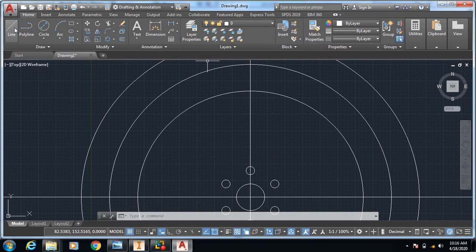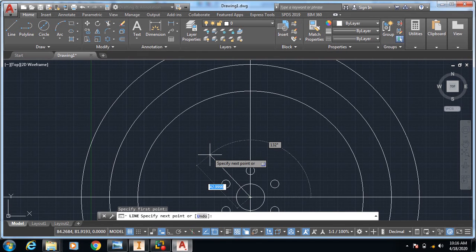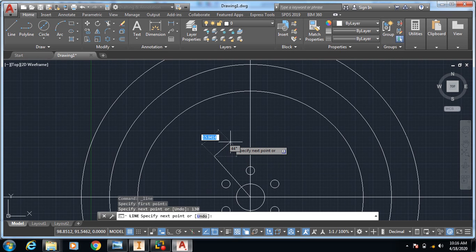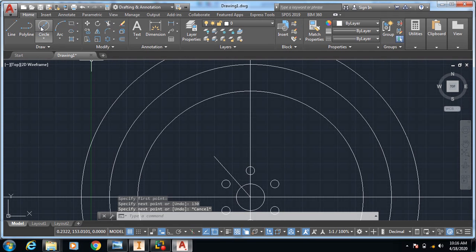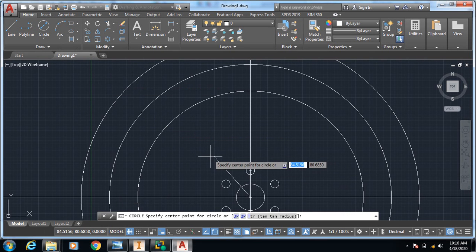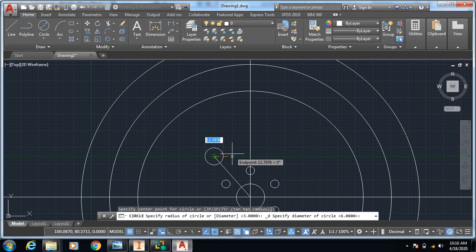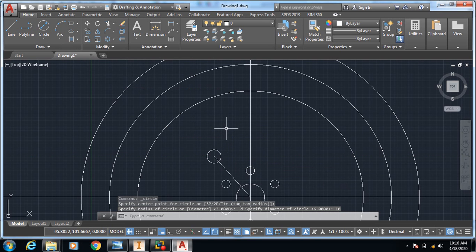Another thing, just take one line from here to here. Set the length with tab. This will be 130. Press ESC. Draw a circle here with the diameter of 10.